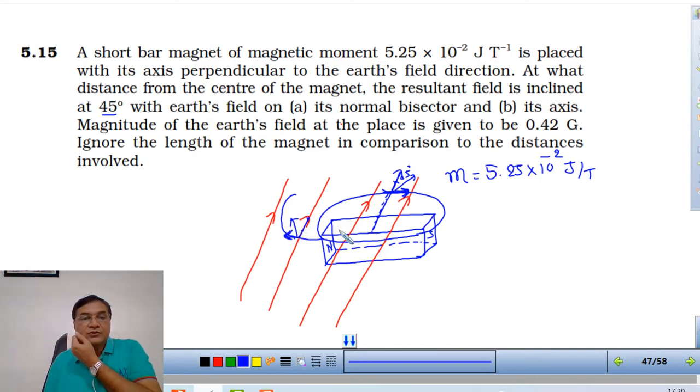degree. I have to find out the point where I get the magnetic field of the magnet equal to the Earth's magnetic field. Okay, so I write